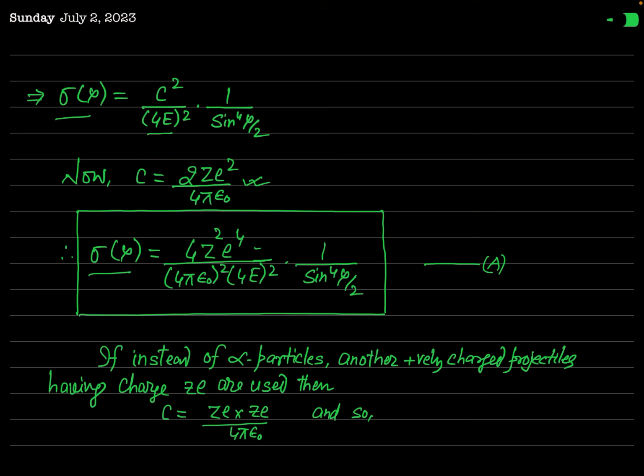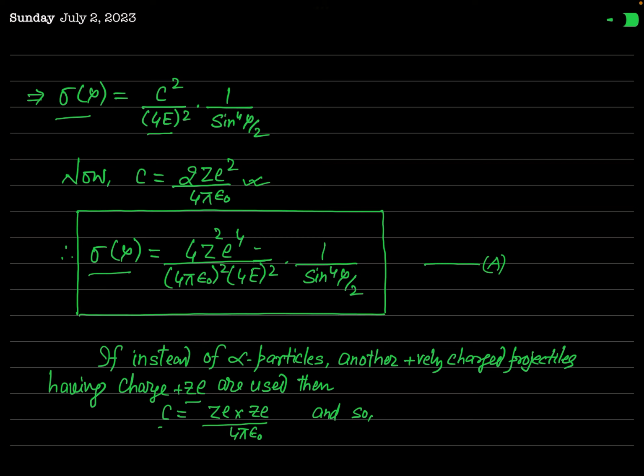So if instead of alpha particle another positively charged projectile is used, and you consider that the charge of that projectile is plus a small ze, mark this, this is a small z,